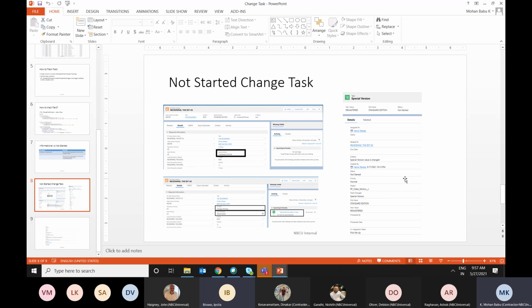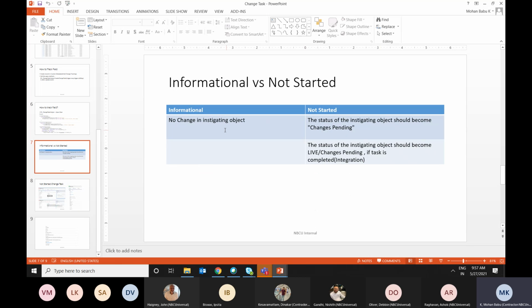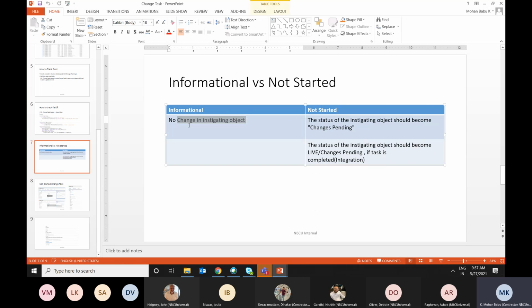Yes, for informational it's the same thing. But if the status is informational, the JV won't pick up the particular task. So informational tasks are not for JV, right? It's just for tracking purposes. Actually, it's for JV only, but there is nothing to do with that informational task. We are just letting them know that we are changing it, and they are not going to process it. We are not going to do anything with the informational task.